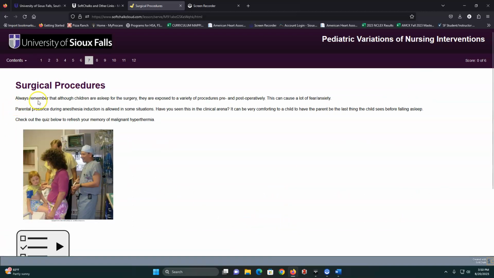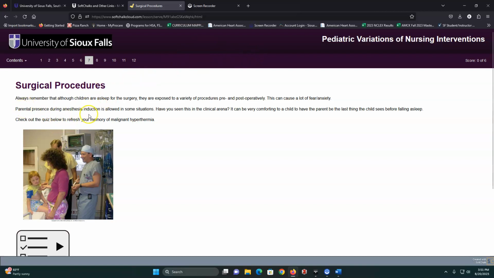Surgical procedures, let them see the room, let parents come back with them until they get anesthetized. There's lots of things that we can do with this one. Talk about things, have a walkthrough, have a comfort item with them. Do not lose the comfort item. Do not lose their favorite blanket. Do not lose their favorite teddy bear. If you take a comfort item with them to surgery or any procedures, that is gold, and do not lose that, otherwise so help you.